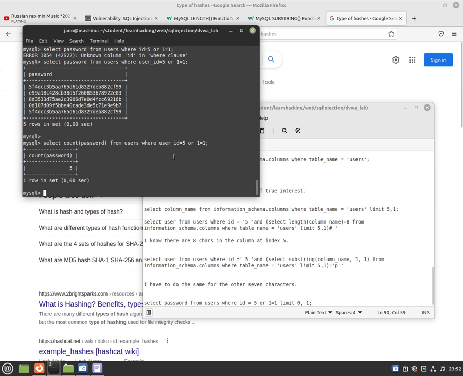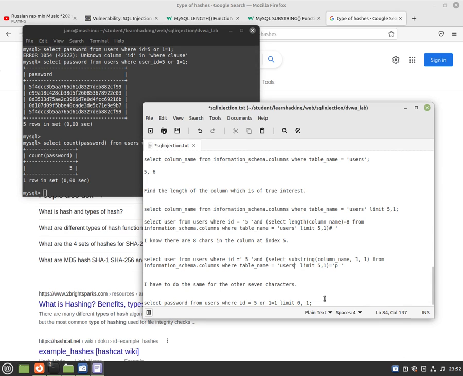I just need the first one, so select password. I know that limit 0,1 is going to return the first hash, and then I have to do